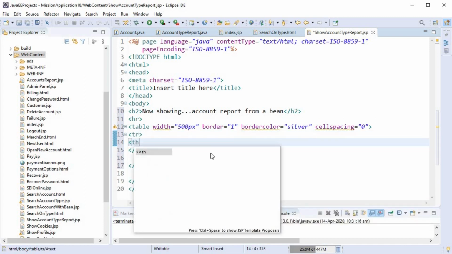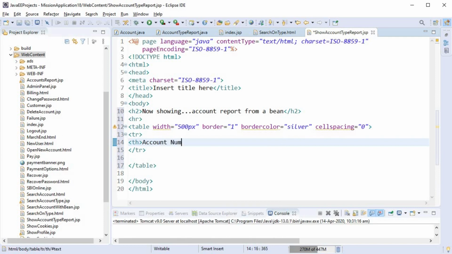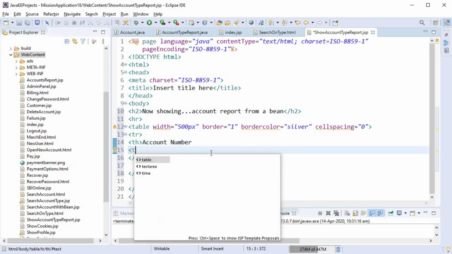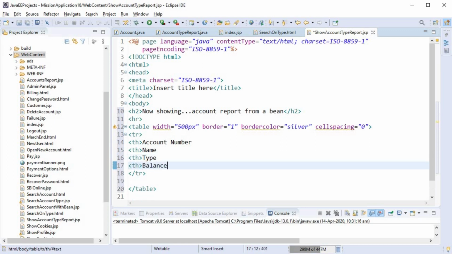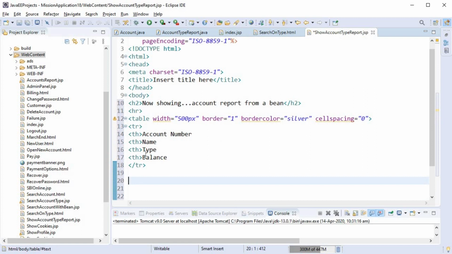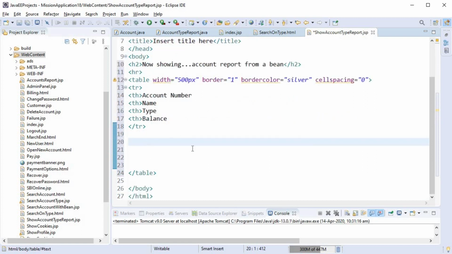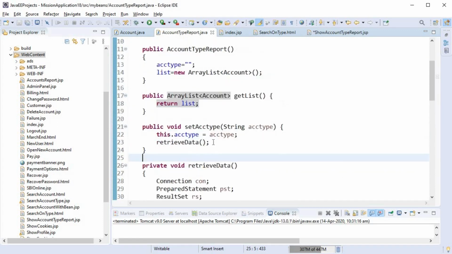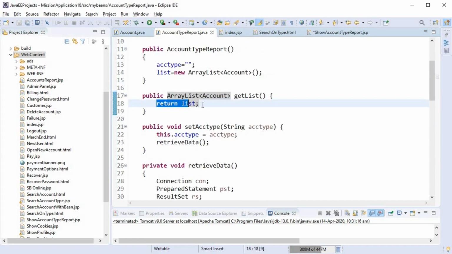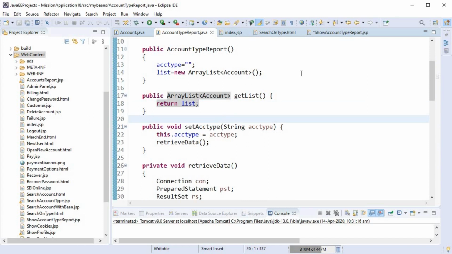So we are showing some headings to the columns of the table like account number, name, type, and balance. Now below this headings row, we want to display all the records returned by the bean from the array list, right? So the bean is going to return us an array list containing all the records of that specific account type, which we want to print on this JSP page in a table.